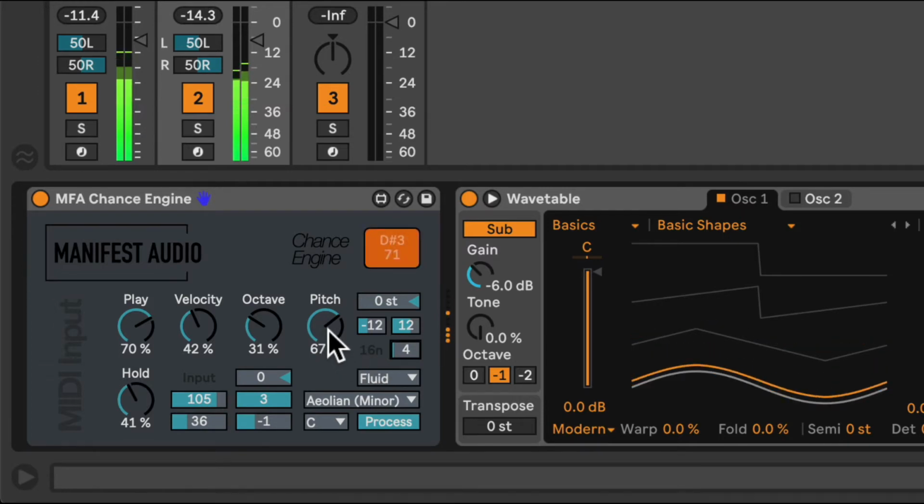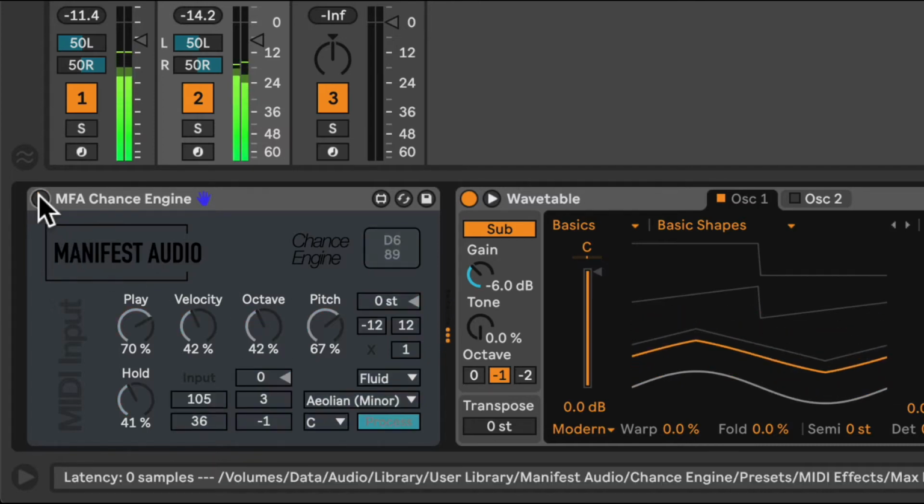Now, with the MIDI coming through, it's a little more difficult to ascertain the value of this. But as we switch to the alternative mode of chance engine, the value of this feature will become more apparent. So before I switch to the other mode, just a reminder,